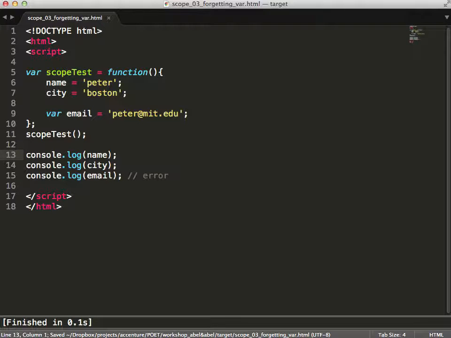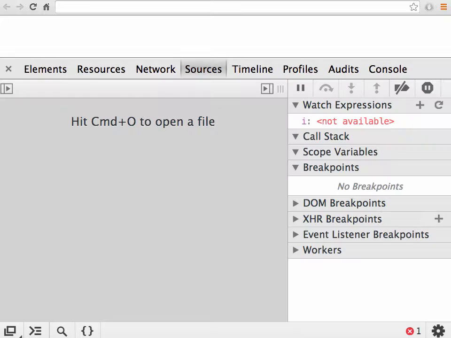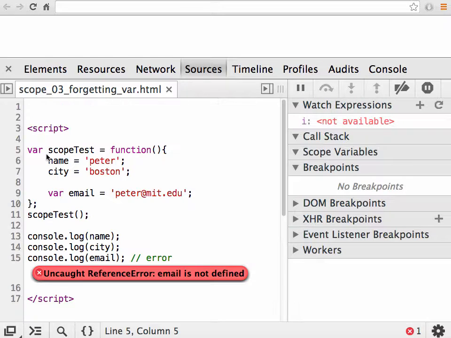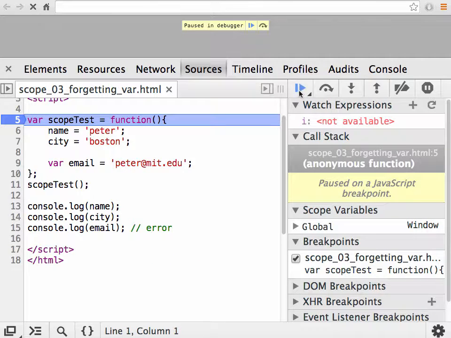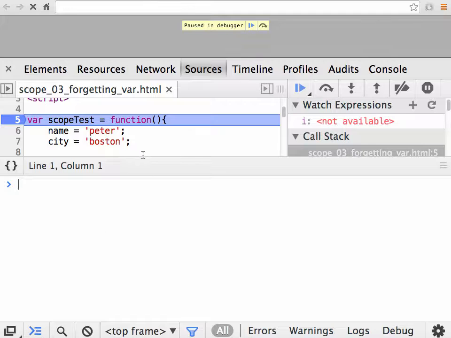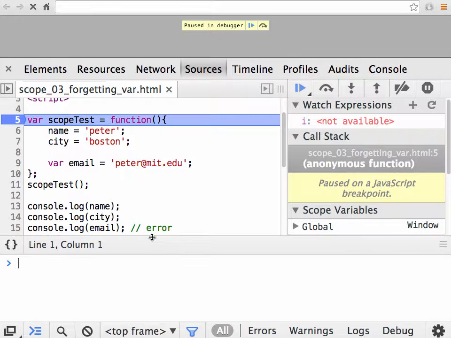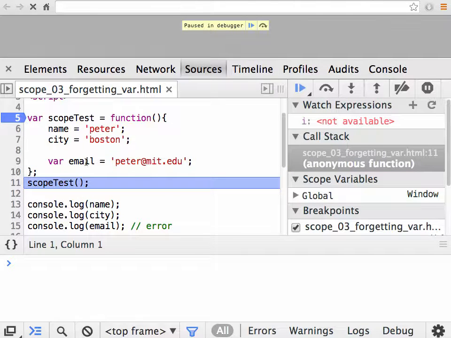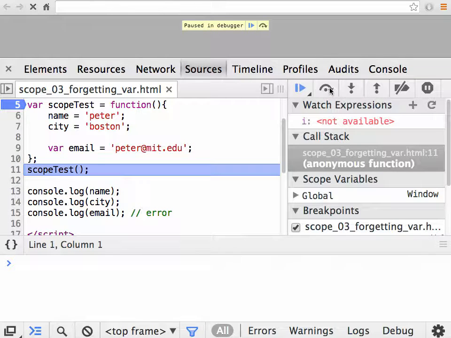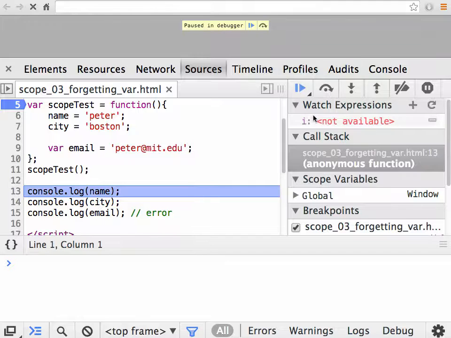Let's take a look at what this looks like within the browser. Let's open up our developer tools. We can write this here and step through our code. Let's open up the console so we can see the times when the code writes to the console. So let's walk through. That was simply the function definition and assignment. We hit step to the next line,